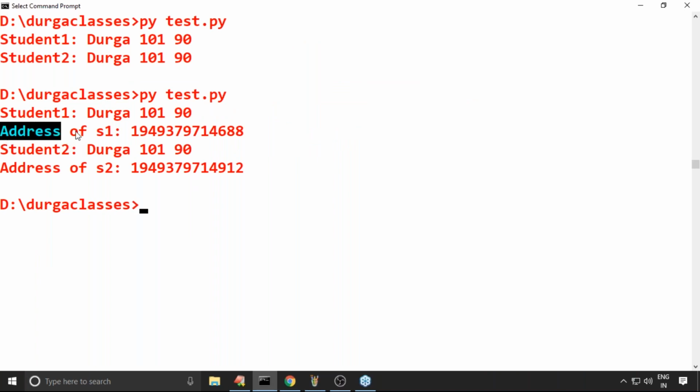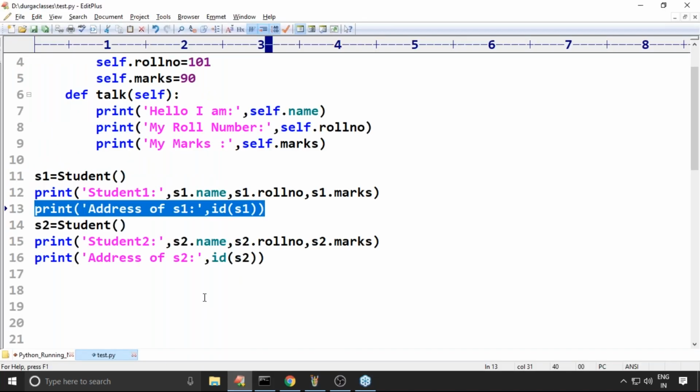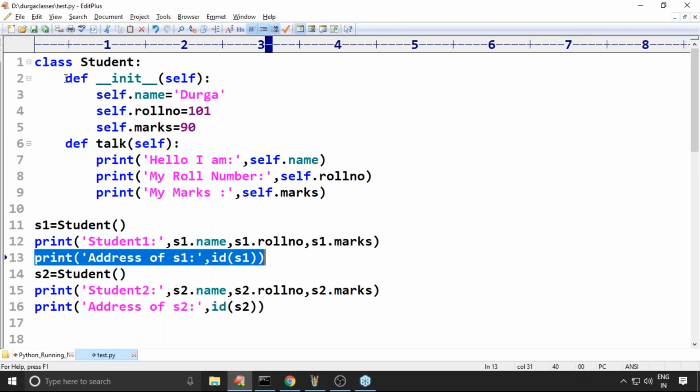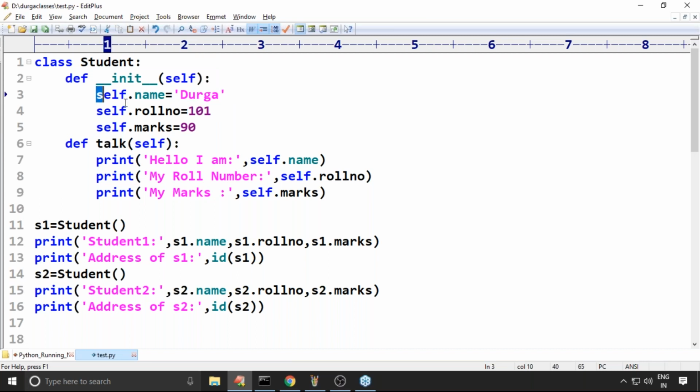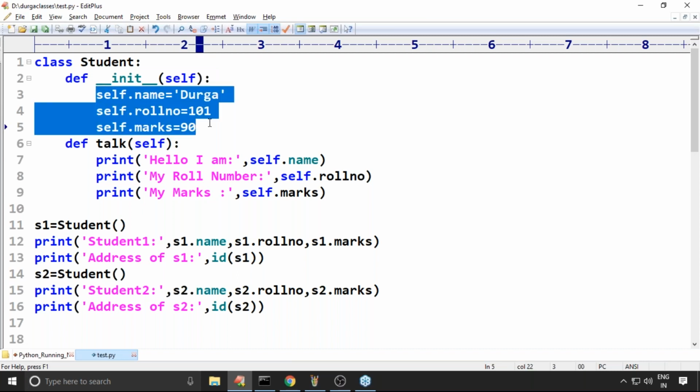The address of s1 is 688, but the address of s2 is 912. How many objects got created? For every object the constructor executed, but the constructor provides the same thing. Clear, right?